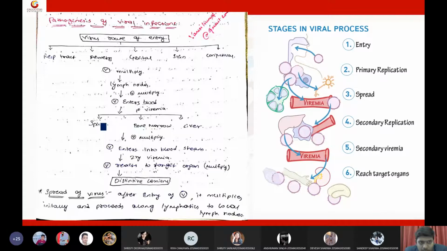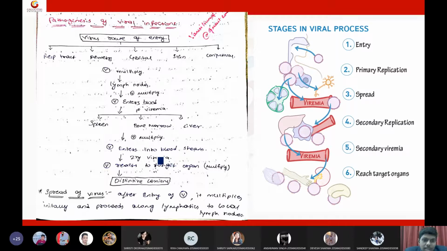In the primary viremia, the virus will migrate to the spleen, bone marrow, and liver. Then the virus will replicate again in these three organs. Upon replication, the virus will again enter into the blood. This second entry of virus into the blood is called secondary viremia. Compared to the primary viremia, secondary viremia will have more symptoms. The patient will become even worse, with more body pains. Secondary viremia causes even more discomfort in the patient.